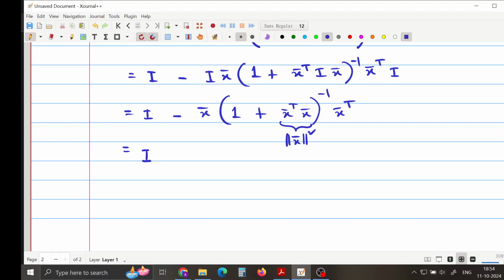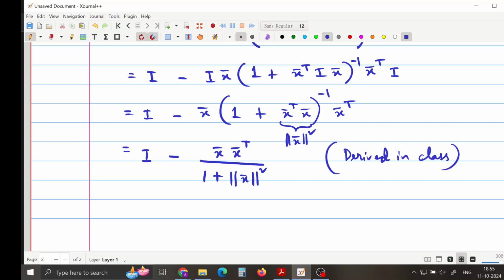So this is identity minus this, and we have already derived this in class as well. In the lectures the professor has derived this, okay. So now this will involve fewer computations, because you see in our case the identity is the 4 by 4 identity,